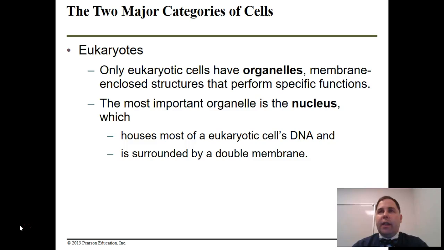The most important organelle that we're going to think about in a eukaryotic cell is the nucleus, primarily because that defines what a eukaryotic cell is. But the nucleus is also going to be the house of all of the eukaryotic cell's DNA. Now, the DNA is the material that tells a cell what it is and what it's going to do. And so it makes sense that you're going to put that DNA in a protected place, somewhere where it can be safe from any insults that might come across the cell. The nucleus, interestingly, is surrounded by a double membrane, and that's going to play into providing more protection for that material inside of it.